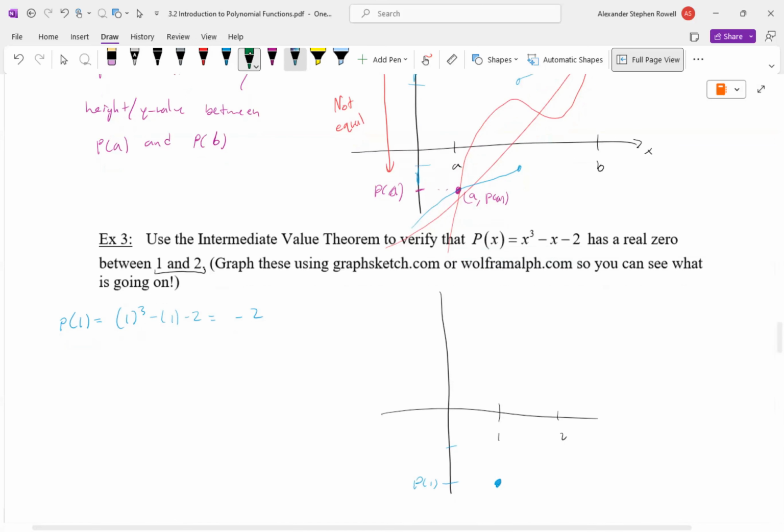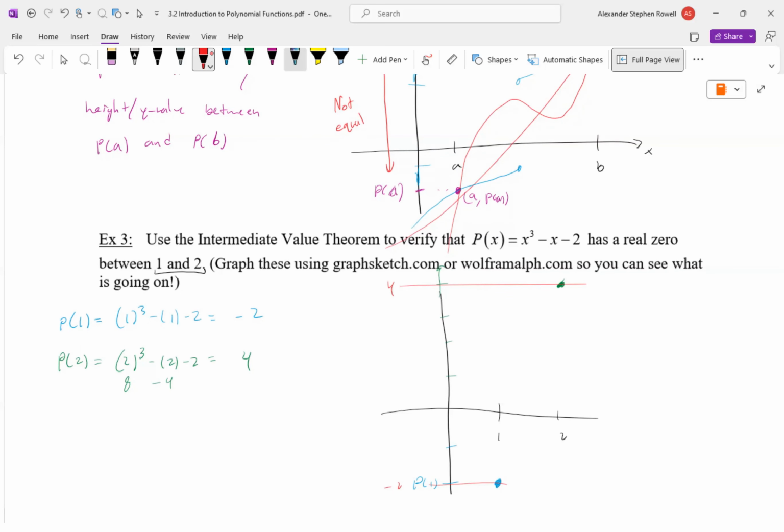Then I want to find the point P of 2. What do I get? So 2 cubed is 8 minus 4. We get 4. Okay, so the intermediate value theorem says my polynomial must hit every y value between -2 and